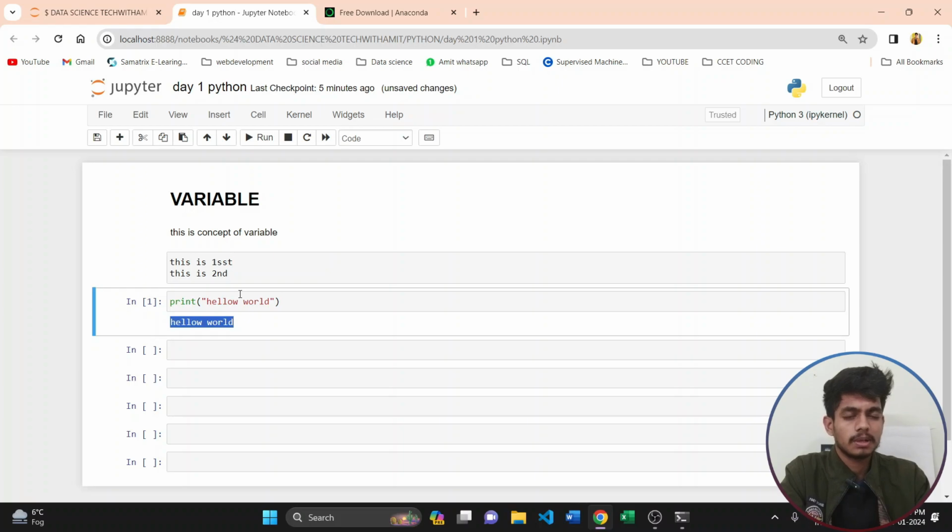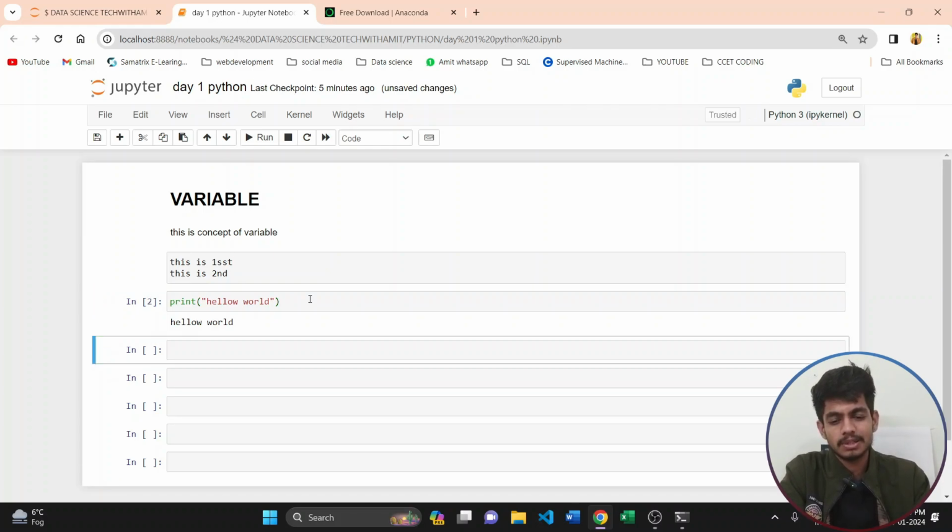In the C or C++ or Java programming language, you are just creating a header file or some main function or some void function. After that we are applying the printf function in C, or in C++, cout, cin. You are using that. After that we are printing the particular Hello World. But in Python you are writing just print. In the print you are just passing your line of string or any type of word. You just print this. So this is our format or the concept of printing Hello World in this particular Python